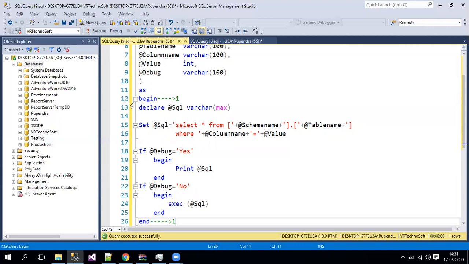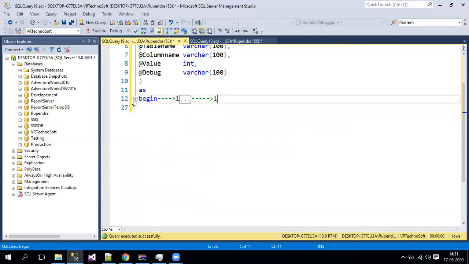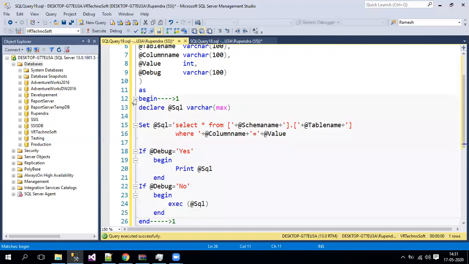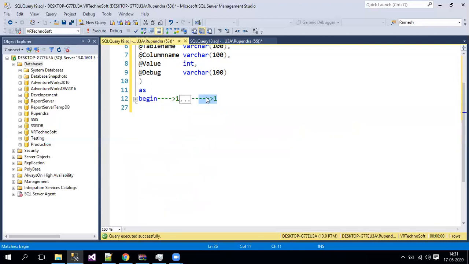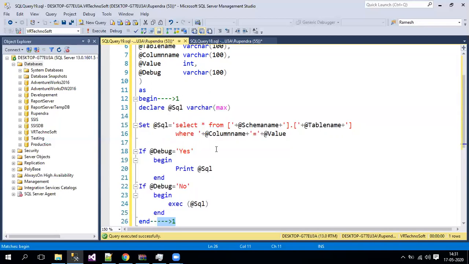When you press the drill down option, you can see whether there is an end for this particular begin. When you click on this, you can see there is an end block. In real time, if there are multiple begins and you miss keeping the end blocks, you cannot create your stored procedure. It will keep on throwing an error.